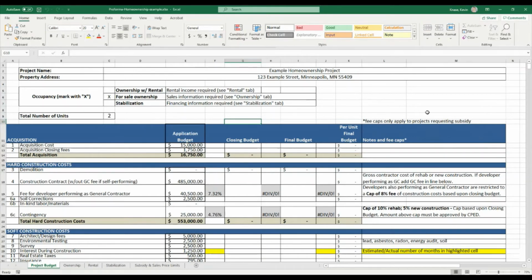Great, thank you. So the document I have open is our homeownership project Proforma. So this would apply if you are looking at developing a homeownership project and you're asking for financing related to that project. And there are a couple of different pathways that you can take when you're applying for financing. And so this area at the top includes just providing the address of the project that you're applying for. You would complete this pro forma for each project that you do apply for, and then selecting the type of